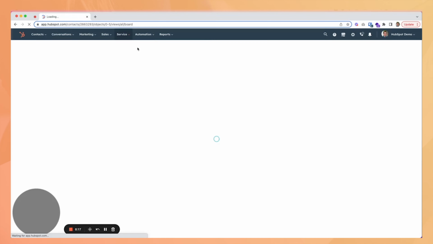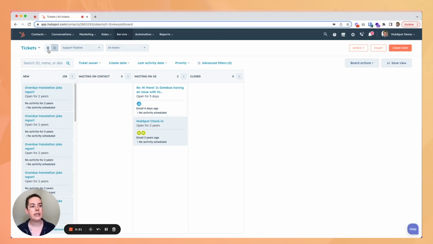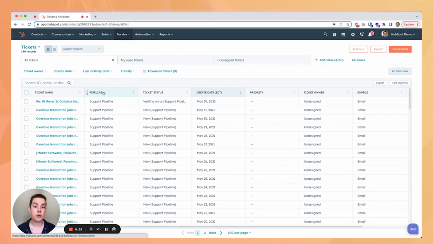And if you are a Sales Hub user, this is very similar. You can view your tickets in a list. This is great because then you can sort by pipeline, status, create date, other fields like that. You can also view your tickets per pipeline or all of them. In this case, this is my demo portal, so we only have the one, but should you have multiples, you can see everybody. You can also filter by just your open tickets that are assigned to you,